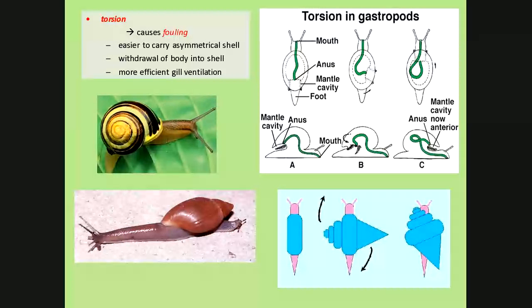Now, this causes something called fouling, as you can imagine what we mean by that, right? So from an evolutionary biologist point of view, the idea is, why would organisms do this? If you look at the torsion in gastropods, why would something happen? And this happens during embryonic development, whereby the entire digestive system, the thing in the green, twists itself around. That's the torsion. Twists itself around so that the anus dumps out over the head and the gills and causes fouling. What's the point of all that?